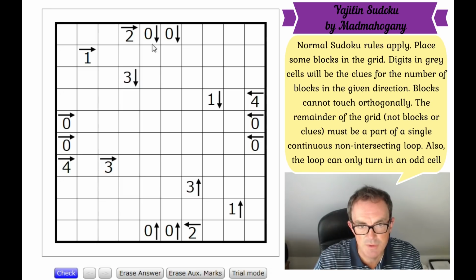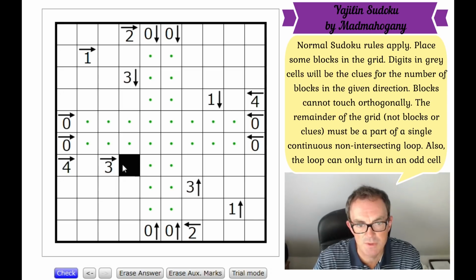So you can see the zeros. So if there's 0 clues in the grid, we can just indicate with dots, which is a right click, that there is no block in those directions. The 4 and the 3 clue here. The 3 clue is saying there are 3 blocks to the right of it. Well, if there are 4 blocks to the right of this one, obviously that square is going to have to be a block. What else can we do straightforwardly? This 3 clue, we can't fit 3 blocks into the 4 cells because the blocks can't touch each other orthogonally. So that square is going to have to be